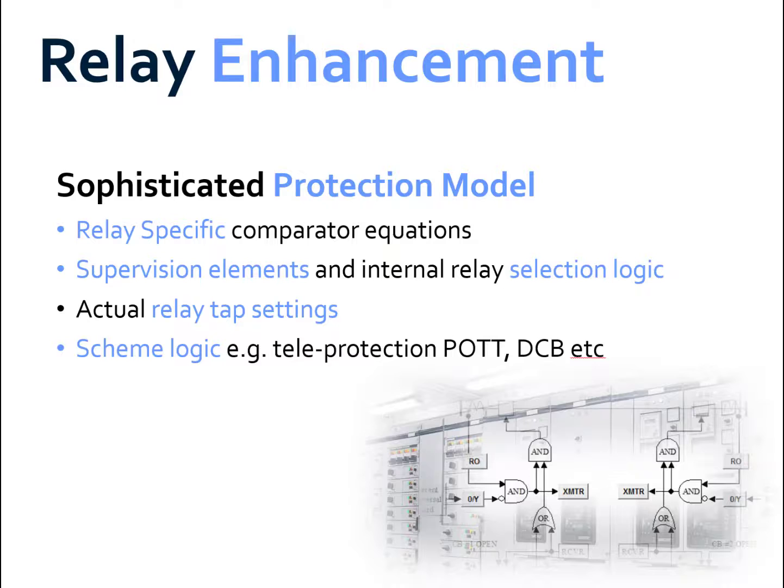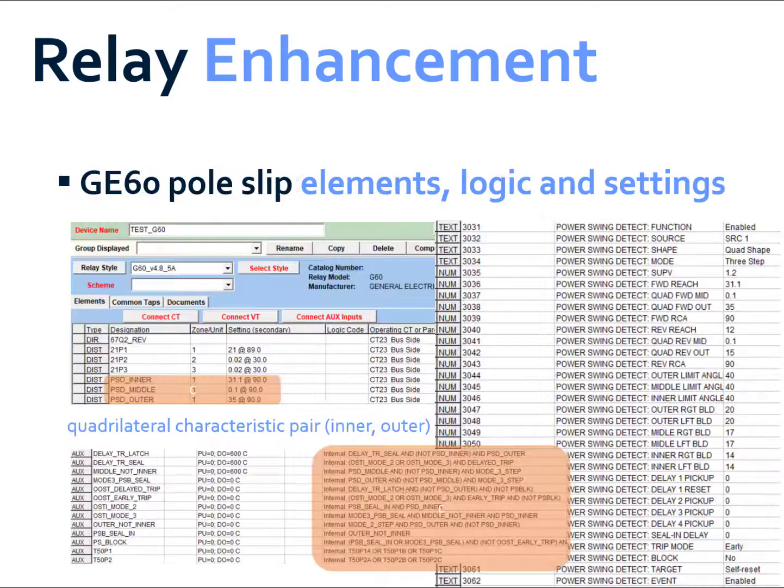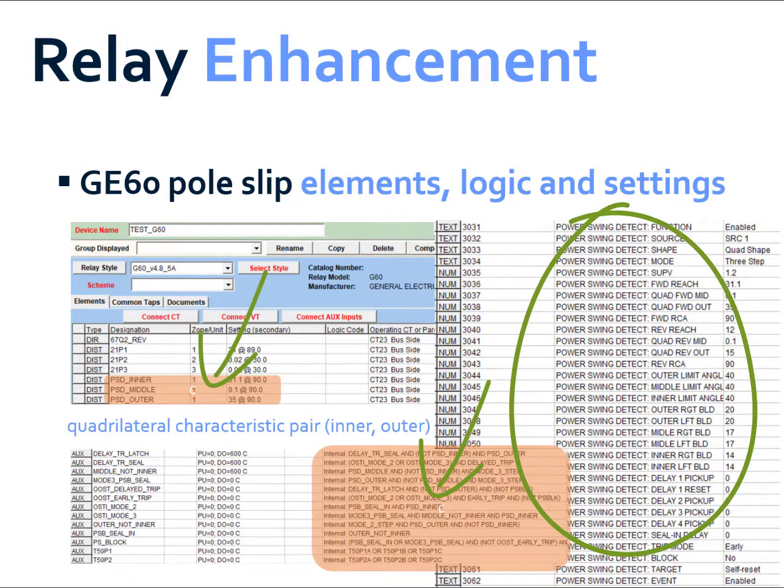relay models. The representation of the protection system contains relay-specific models that capture the actual comparator equations, supervision elements and internal logic, and tap settings that have been implemented by the relay manufacturer in their devices. Furthermore, it must also capture the configuration of the utilities protection scheme logics, for example, POTT schemes. The following example shows the power swing elements, together with the associated internal logic and relay tap settings, of a